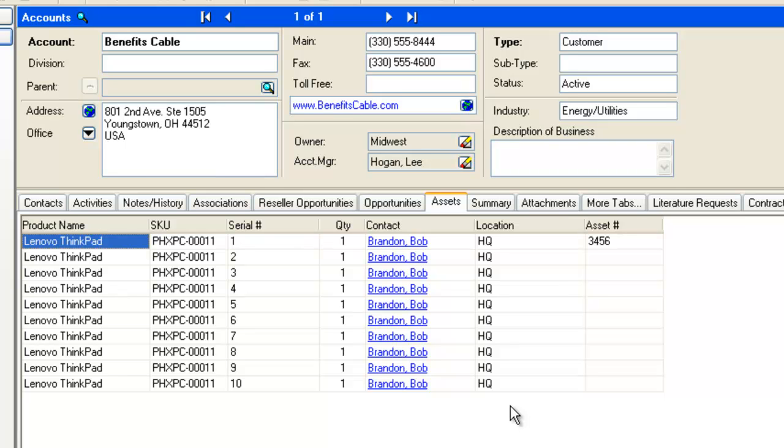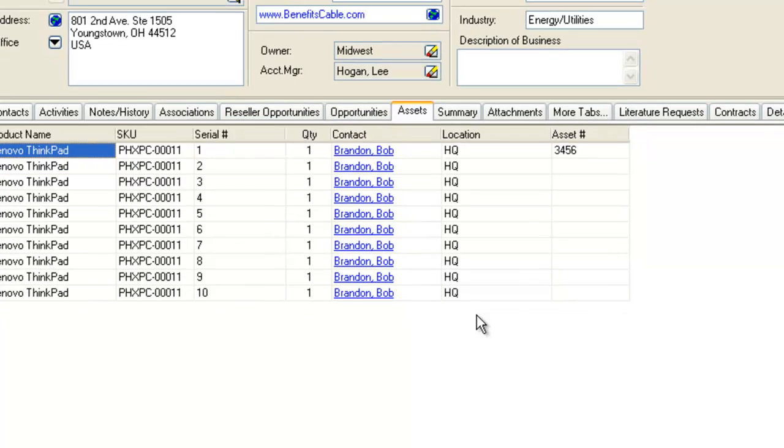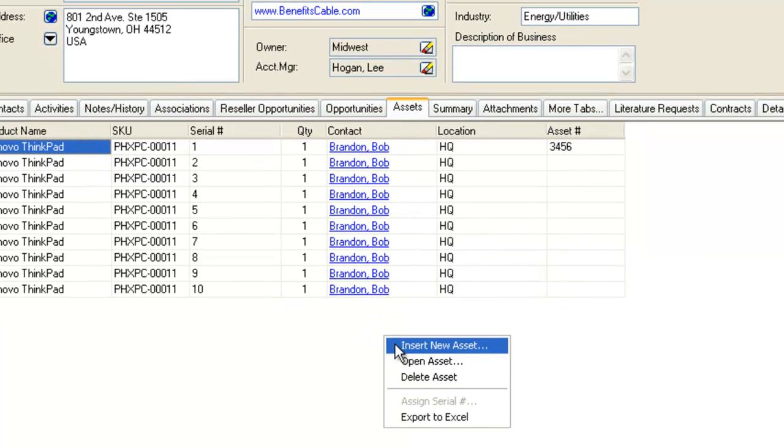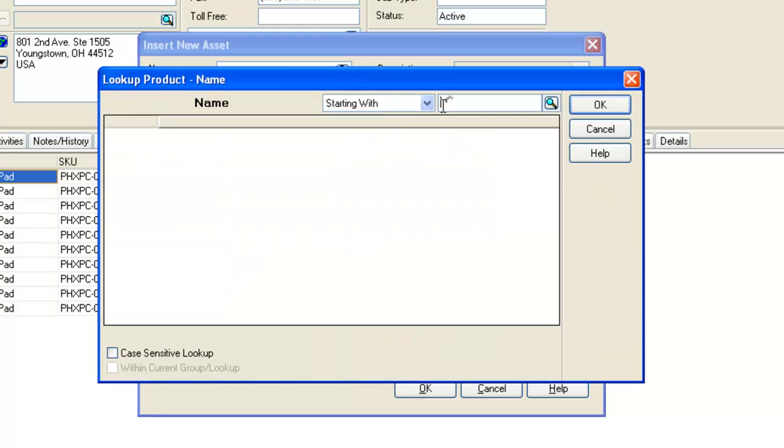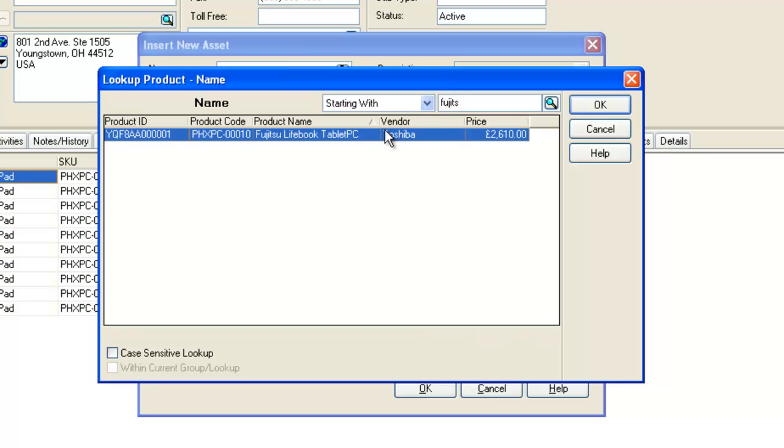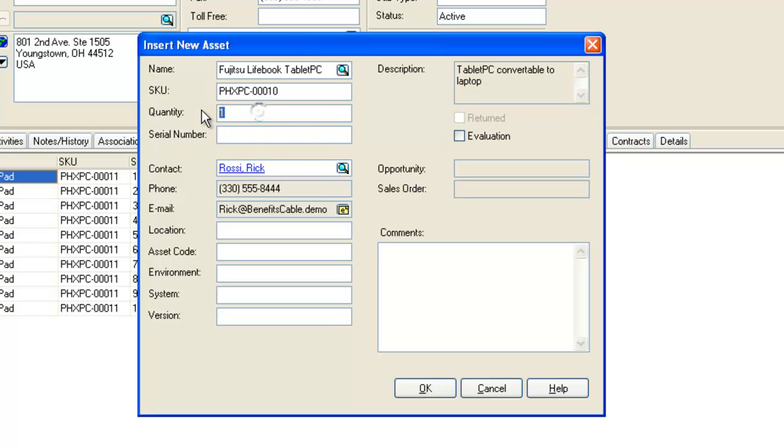You can also add additional assets from the Assets tab. Let's suppose we also want to record that this company has 5 Fujitsu laptops. Right-click and choose Insert New Asset. Click the name magnifying glass and look up the Fujitsu product in the normal way. Highlight and click OK. Enter the quantity,